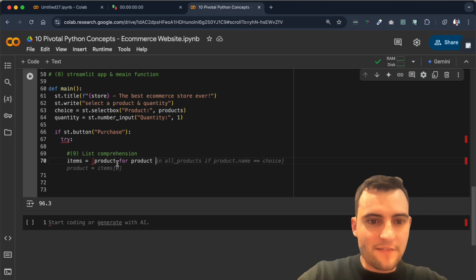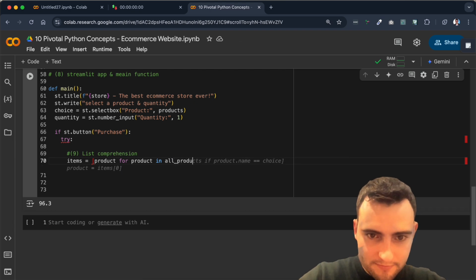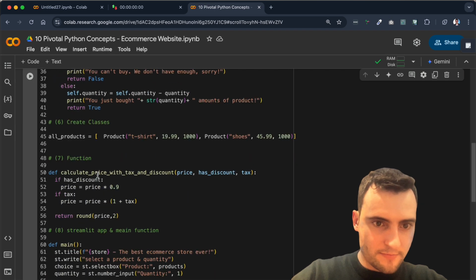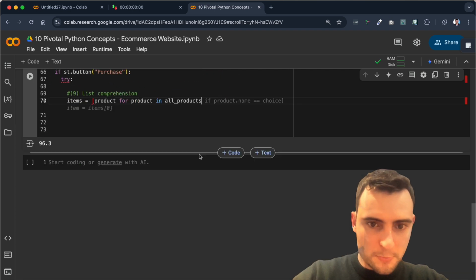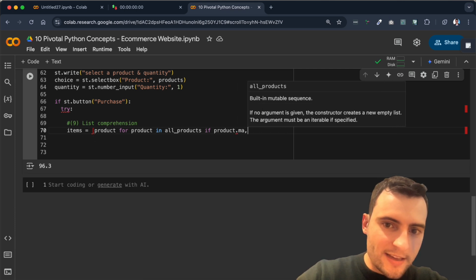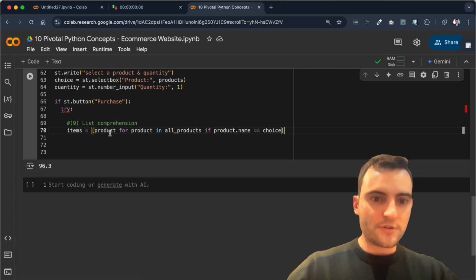So I can define a variable. So for every product in all products, remember all products was this list here that we created, right? If the product dot name